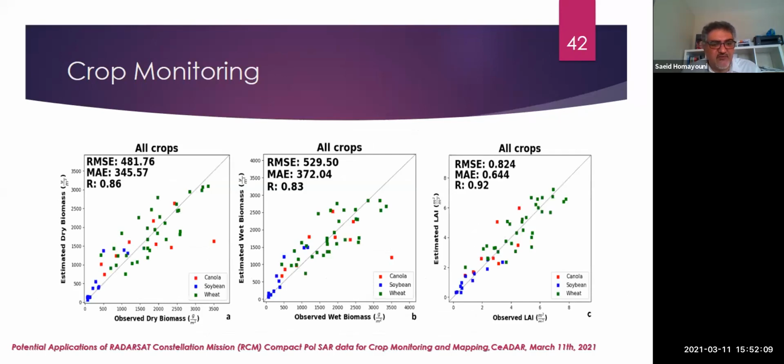So you can see here the one-to-one graphs, and after individual statistical and regression analysis, we put everything together. When you are working with a large area, you can say that you are interested only in wheat or only in corn. We apply the modeling for each crop and evaluate the models, but at the end we put all the crops together and produce a kind of universal or generic model for all the crops. And you can see that there is still a good level of confidence and reliability in the modeling. And at the end you can map the